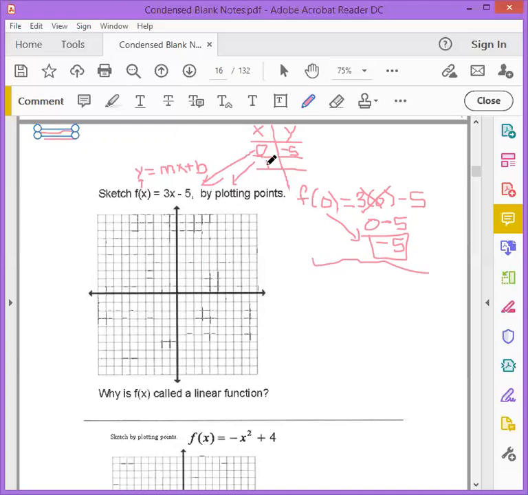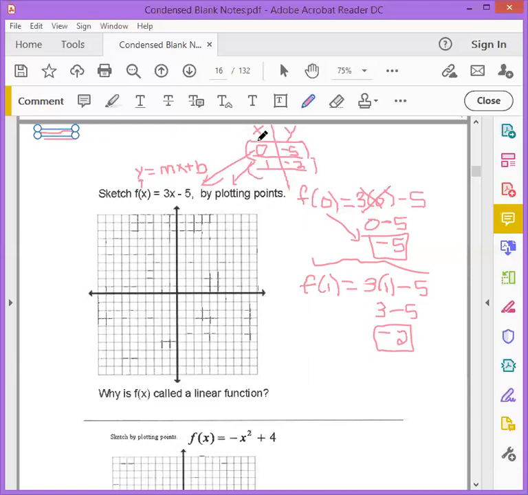Now let's find f of 1. So f of 1 equals 3 times 1 minus 5. 3 times 1 gives us 3, minus the 5 becomes negative 2. So the value of the function when x is 1 would be negative 2. Now we have our 2 ordered pairs. We can plot them